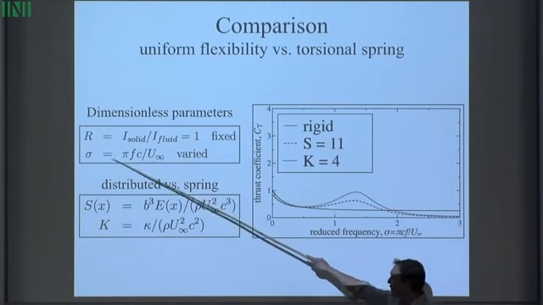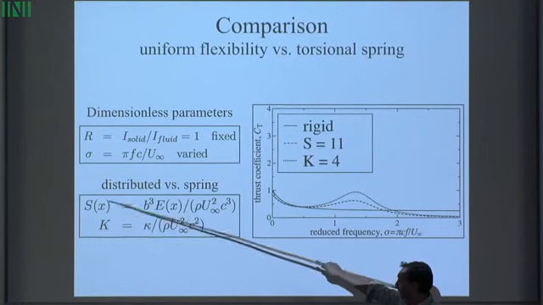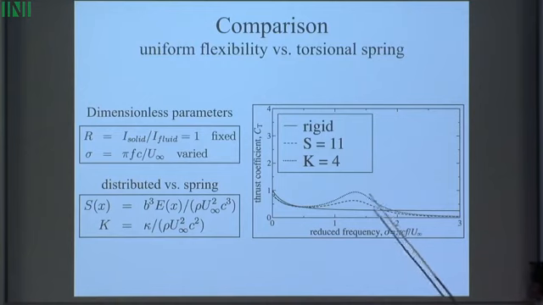I'm going to vary the driving frequency. And then these are the two dimensionless parameters that we're going to compare. This is the dimensionless stiffness. This is that dimensionless spring constant from earlier. Okay, so black again is the baseline. That's a clamped wing, okay, thrust versus driving frequency. And this is the uniformly flexible wing. This is the torsional spring. And I chose these two numbers simply so that the resonant frequency would align, so that they would resonate at the same frequency. And what you see, the curves are qualitatively similar, but you see one is above the other,